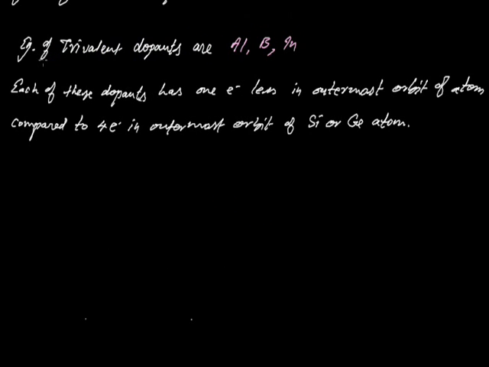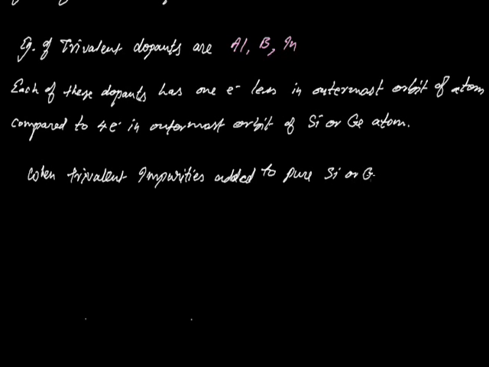So when a trivalent dopant is doped with pure semiconducting materials, a new semiconductor material is obtained in which the trivalent impurity contributes one electron less in the bond formation between the pure semiconductor atom and the trivalent atom. When trivalent impurities are added to pure silicon or germanium, a trivalent atom